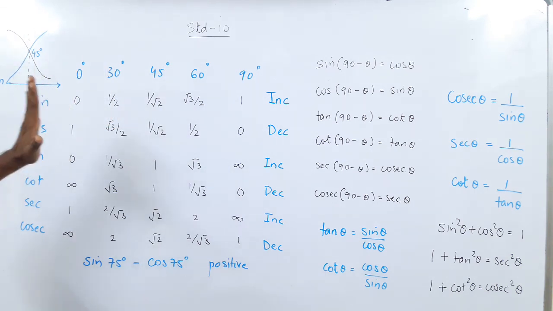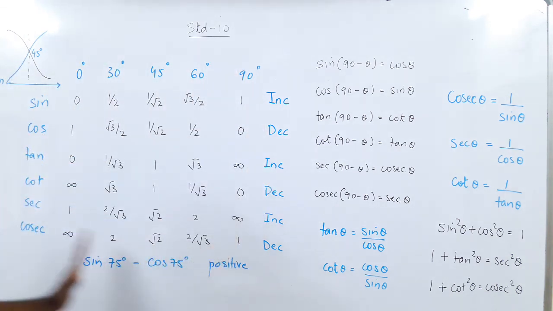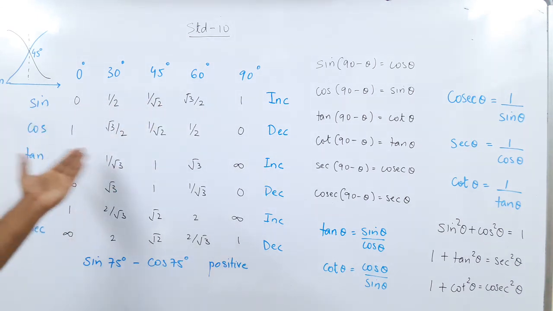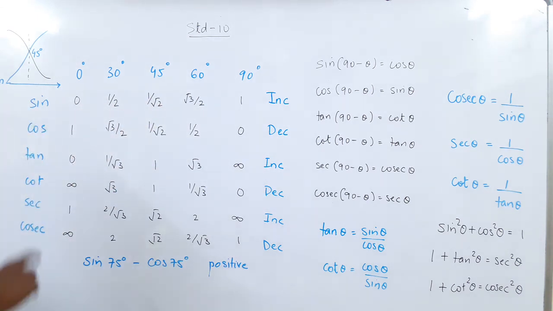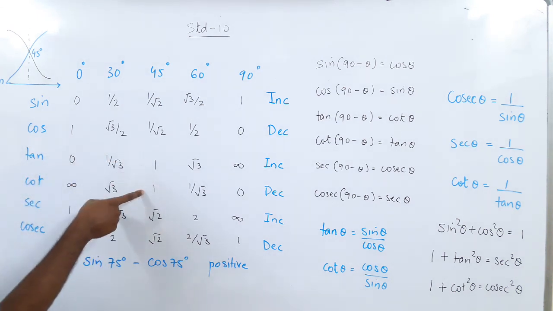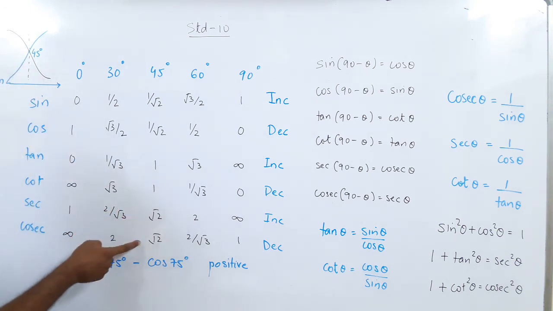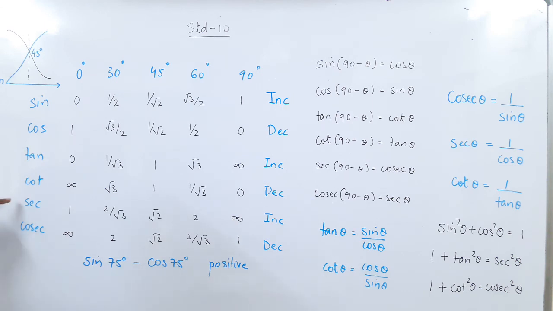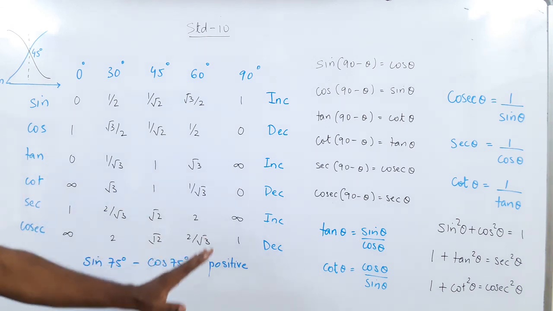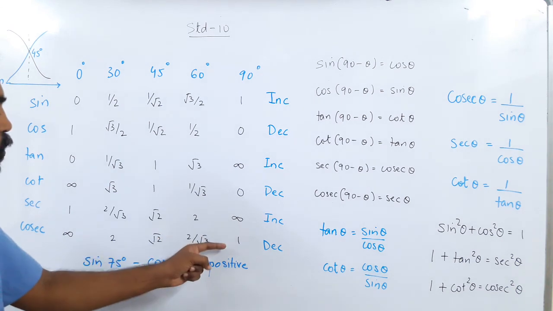In the previous video, we learned how to draw the table, and now look at the questions I am asking. Sine is increasing, cos is decreasing. So can we say the same for tan and cot also? See the crossover. Tan and cot are equal at 45. Sec and cosec are equal at 45. They both are equal at 45. So before 45 degrees, you can see sec is smaller, cosec is bigger. But after 45 degrees, sec is bigger, cosec is smaller.